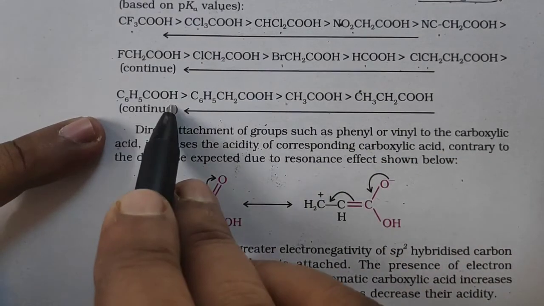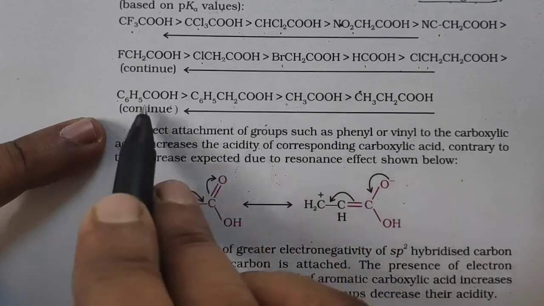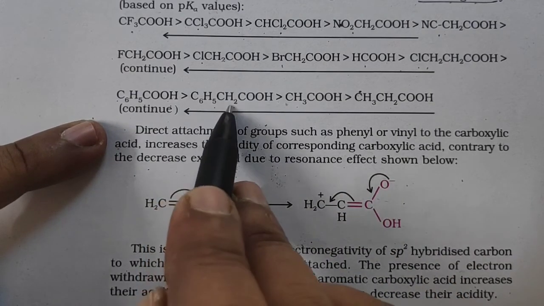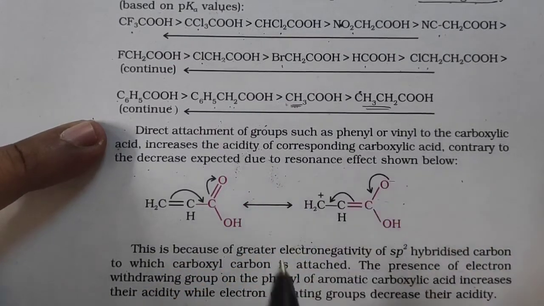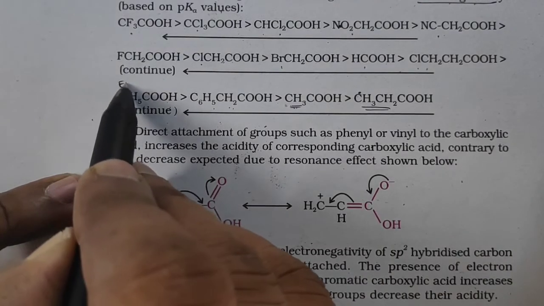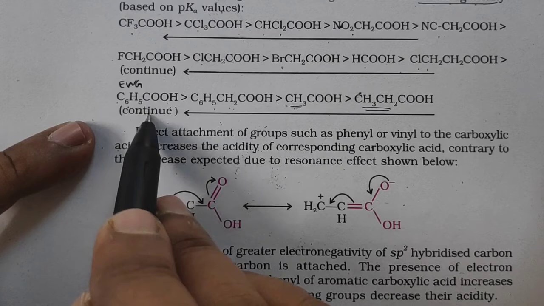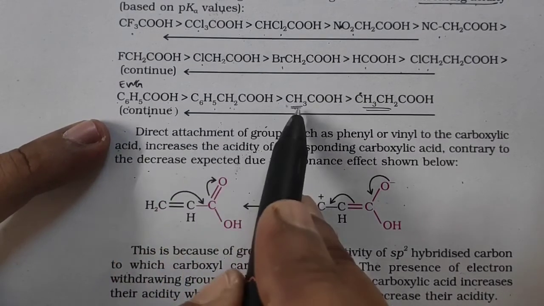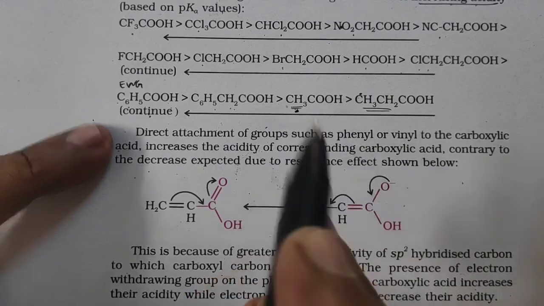Then here if you see phenyl group, C6H5CH2, then CH3 here, here there is ethyl and all. So in this case phenyl is more acidic compared to whom? This C6H5CH2, then CH3. These CH3 are all electron donating groups, and C6H5, that is phenyl, is an electron withdrawing group, right? So electron withdrawing group stabilizes the carboxylate ion and it is more acidic, while electron donating group destabilizes the carboxylate ion and is less acidic.